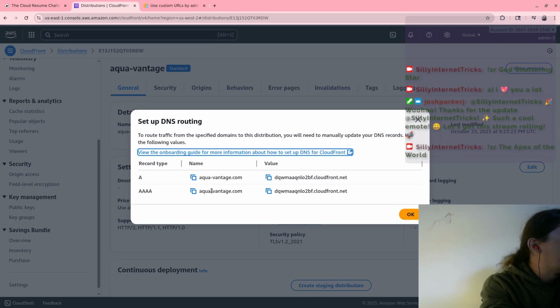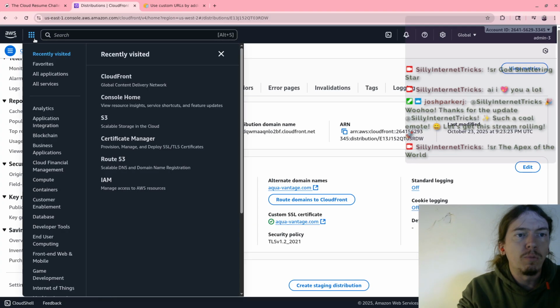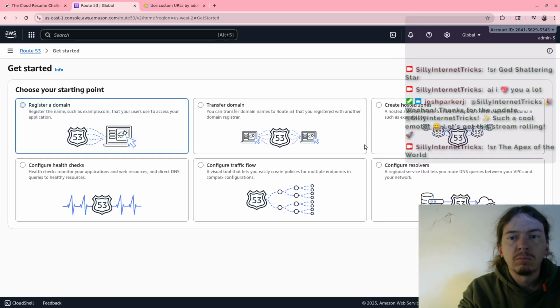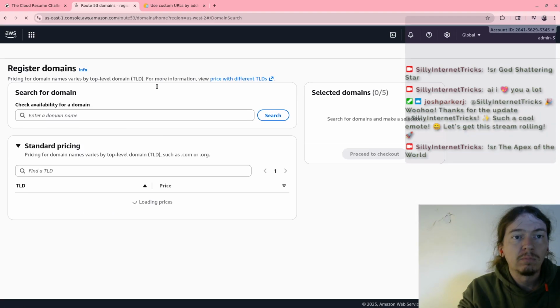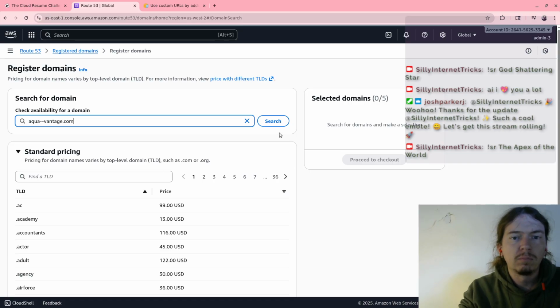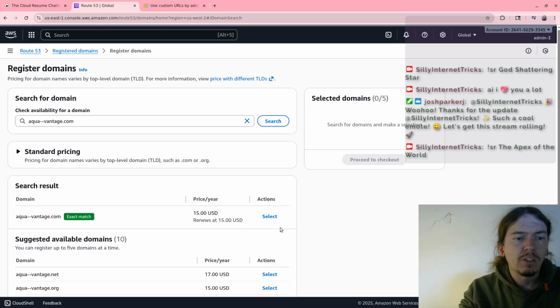Yeah, really interesting. So let's just see what it says here if I try to register a domain right now. So if I try to register a domain, okay, so sure.